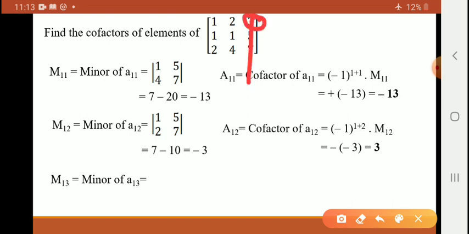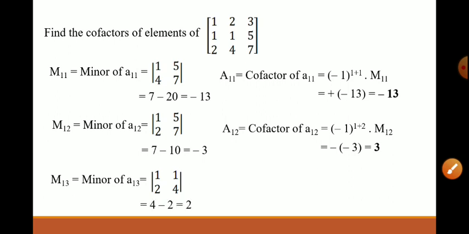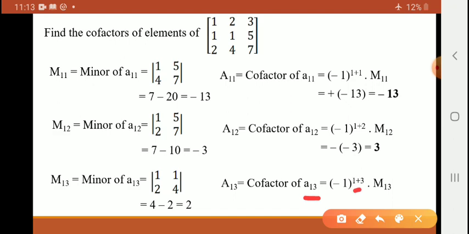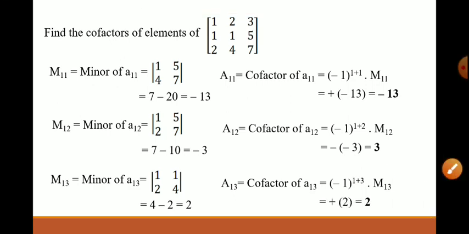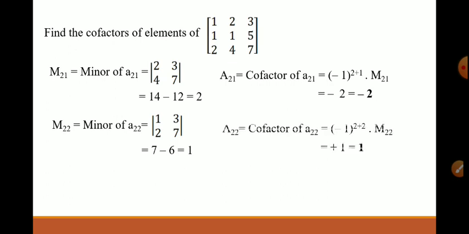Now the third element, 1 3. For this element, delete the row and column, 1 1 2 4. So 1 1 2 4. 4 ones are 4 minus 2, 4 minus 2 is 2. So the cofactor of A13 is minus 1 raised to 1 plus 3 into M13. M13 is 2, 1 plus 3 is 4. So minus 1 raised to 4, 4 is an even number, so minus 1 raised to even is plus. So it is plus 2. Similarly, we can find the minor and cofactor of A21,